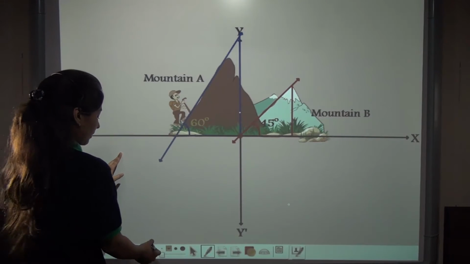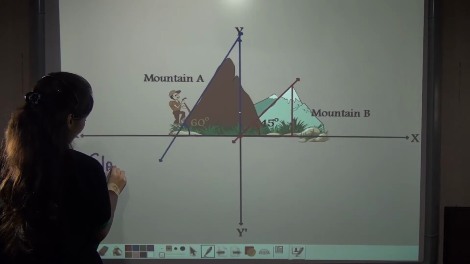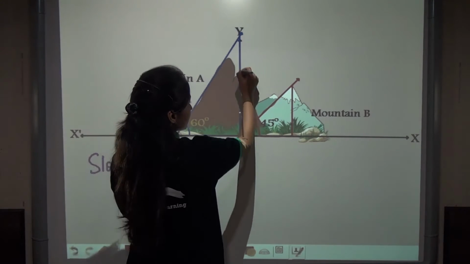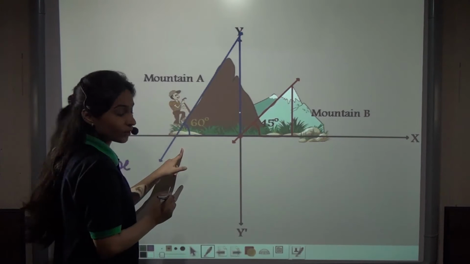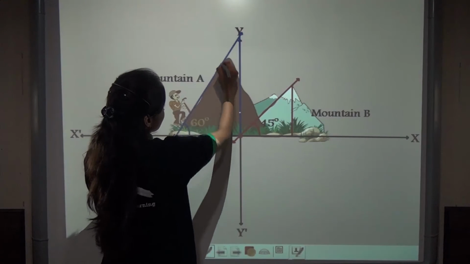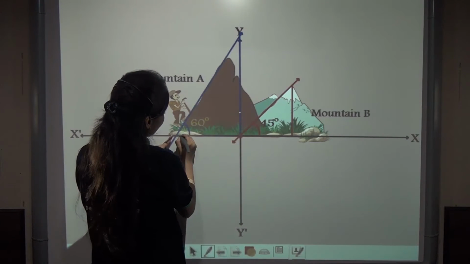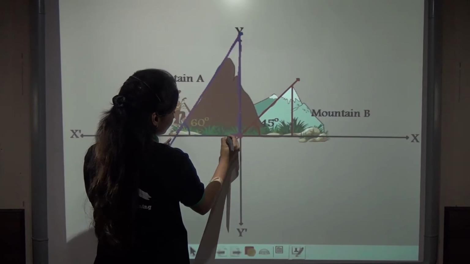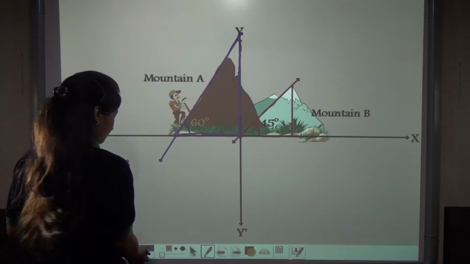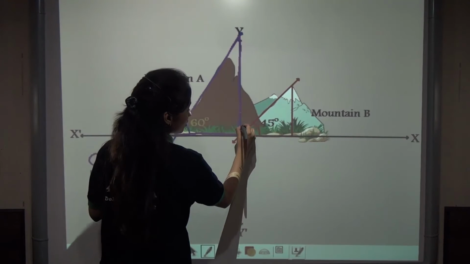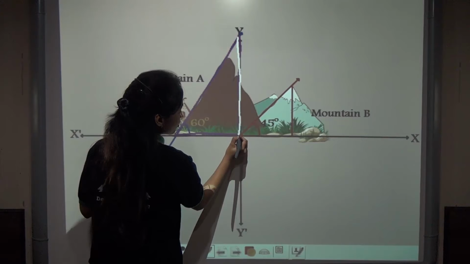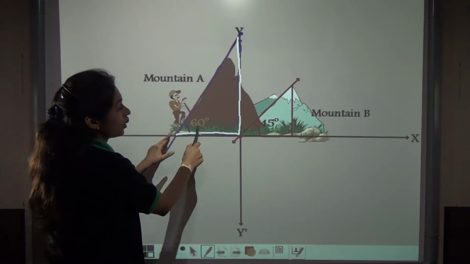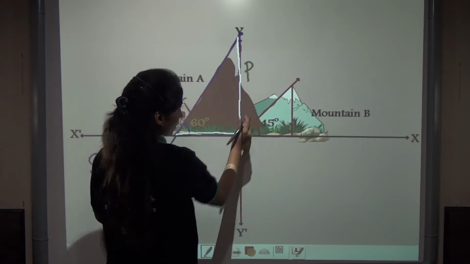So now how will you calculate the slope with this angle of inclination? Now what is actually slope? Tell me. Slope is what? Change in y by change in x. That is change in this line by change in this line. Now if you see that this is a triangle, or you can say a right angle triangle. What do we actually want? We want change in this by change in this. Or you can say that if this is a right angle triangle, we want the perpendicular by the base.